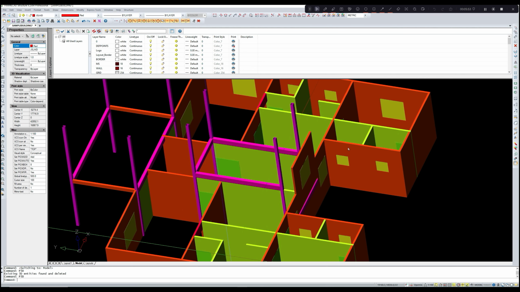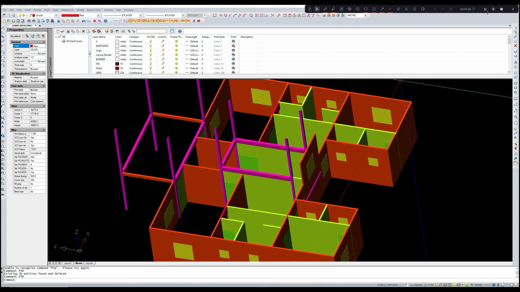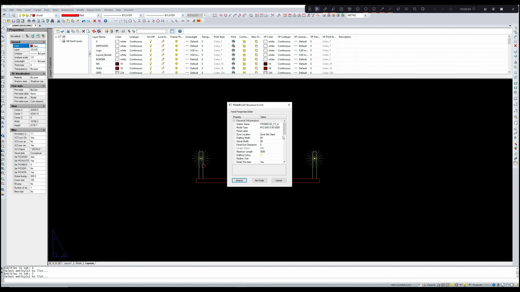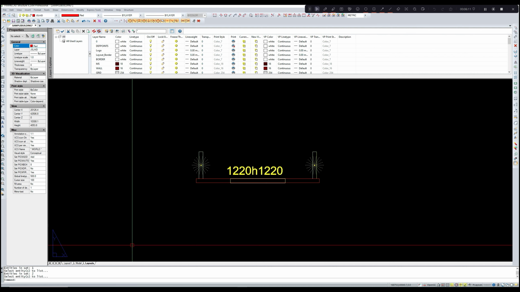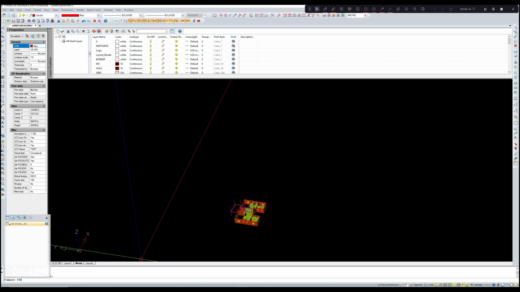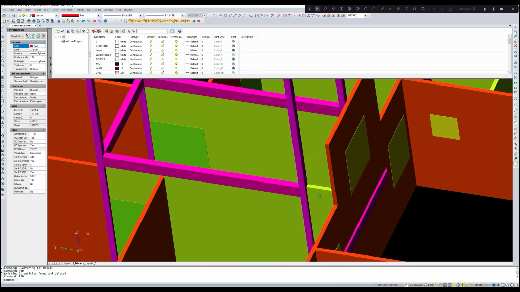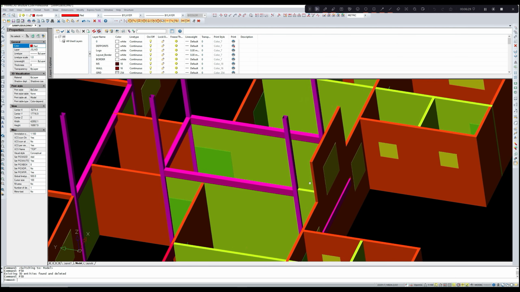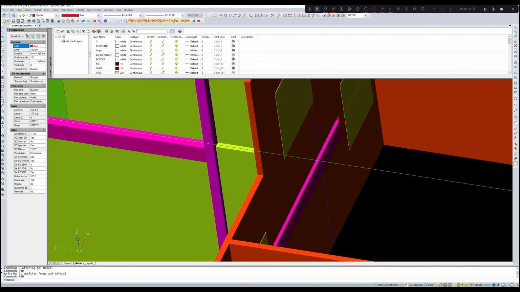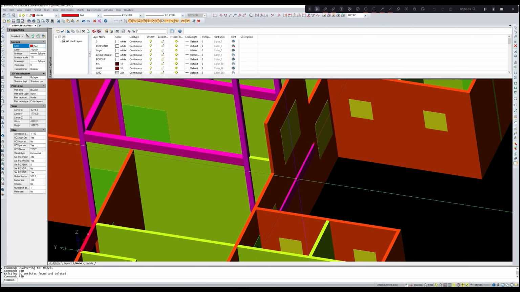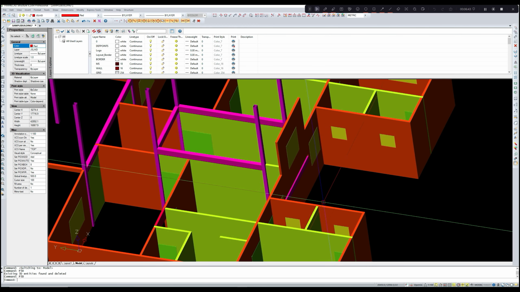So let us find what is the reason. We should have actually listed this and changed the top level height of this beam as 1650 and 1650. I mean, go to model, P3D again. Now the top of the beam is okay. So see, there is a gap that could be seen at the landing level. This gap is actually denoting the 100 mm thick slab. So we are all set to